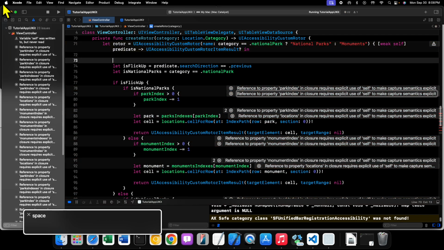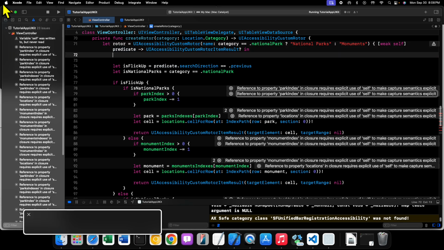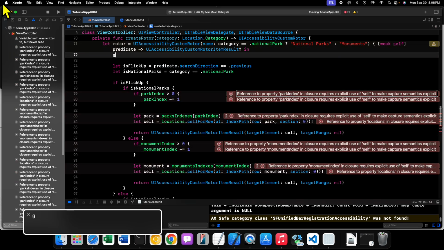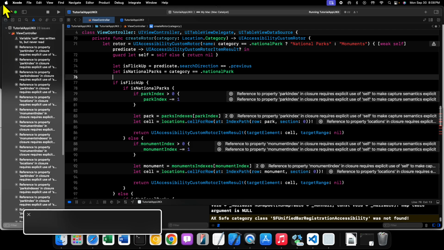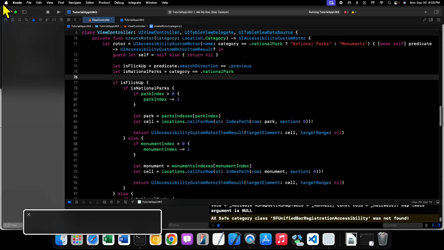All right, so above all of this, what we'll do is we'll say guard let self equal self, else we will return nil. And now we can go through all of these errors and fix them, because now that we've unwrapped self from its weak reference,